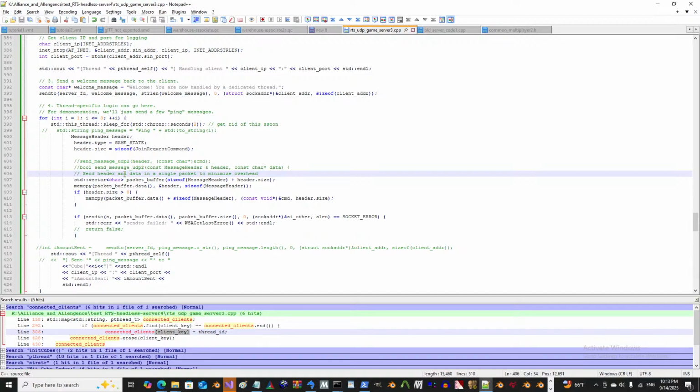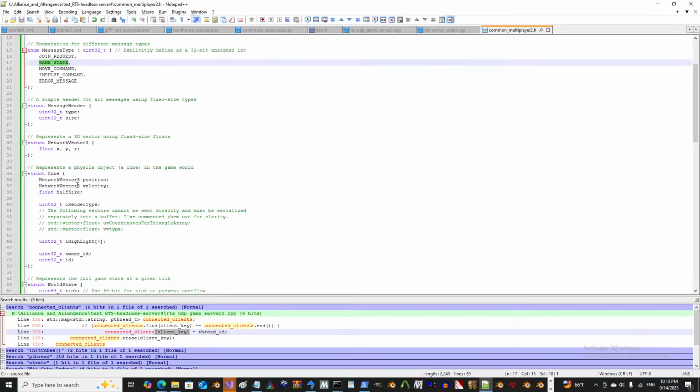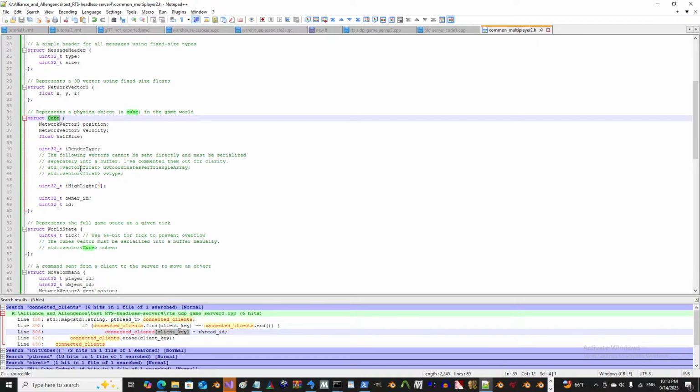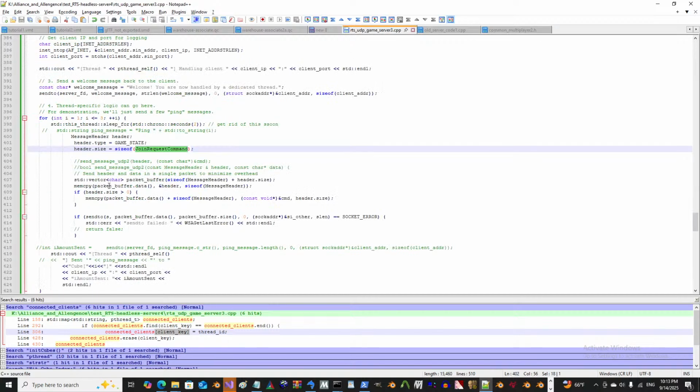I would like to call this cube state, but whatever. And then size of cube. I have to read up more on what I'm going to need this for and a few other things, but